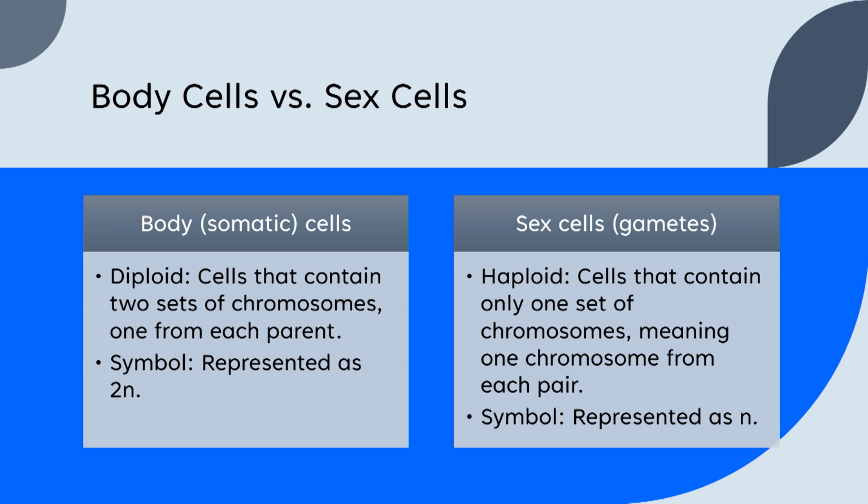Most of the cells in your body are known as body cells. Another name for that is somatic cells. These somatic cells, we call them diploid. What does it mean to be diploid? If you're diploid, these are cells that contain two sets of chromosomes, one from each parent,